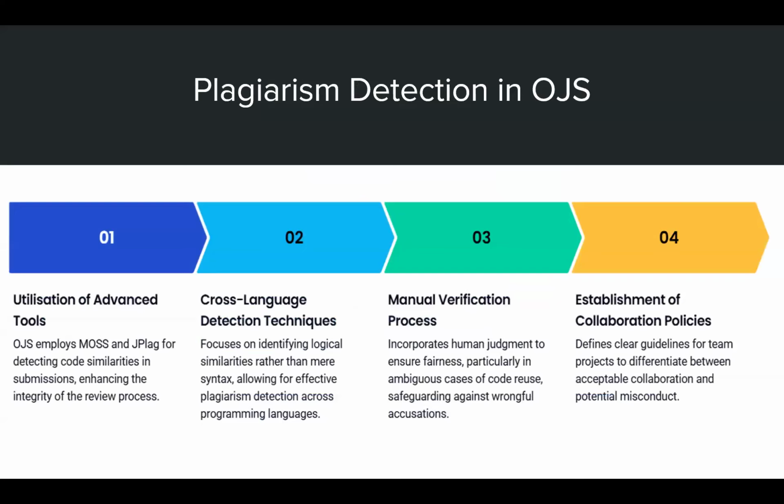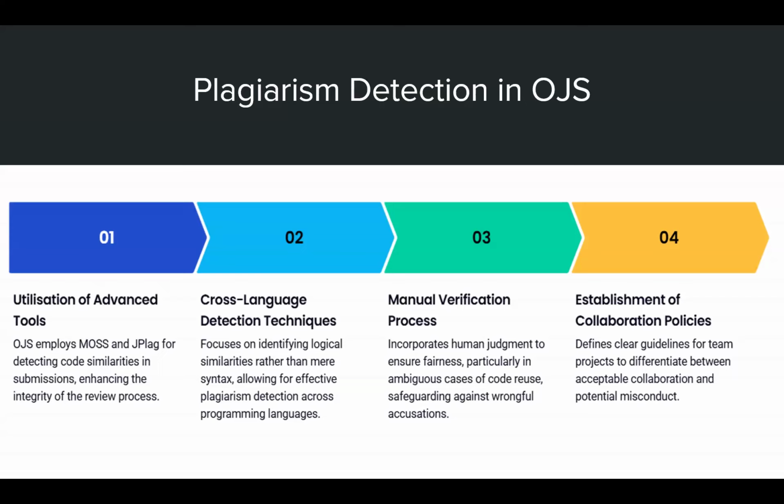Plagiarism is a major challenge in OJS, and these platforms use code similarity analysis and AI-based tools for detecting and identifying plagiarism. Some systems track code structure rather than the syntax to detect copied logic. They use advanced tools like MOSS and JPlag to analyze the code submissions and detect similarity to ensure that the code submitted is original. They also use cross-language techniques, which emphasize identifying the logical similarities rather than the syntax. It also includes manual verification,